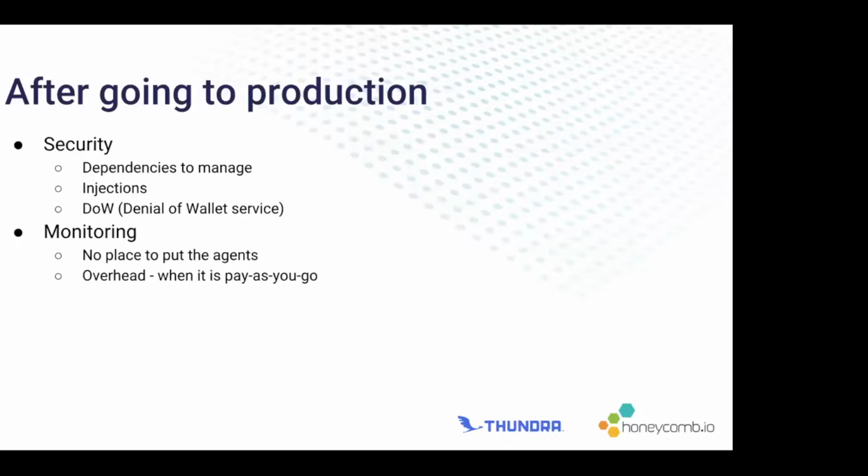There are also other problems. First of all, there is no place for your traditional agents to live. The container that the vendor launches for you will be history when your functions aren't invoked for a while. So you need something else, not agents. What Thundra provides is libraries